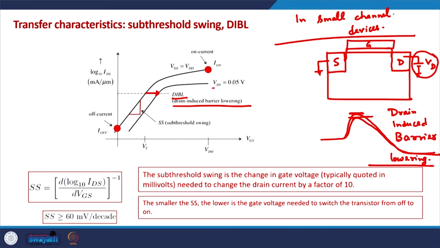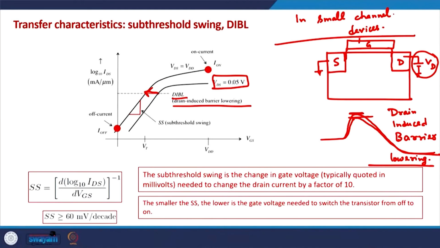So, if the drain voltage is less, it is on the right side. If the drain voltage is applied, it reduces the threshold voltage. It means that for high drain voltages, the characteristics is on the left side. For low drain voltages, the characteristics is on the right side in this plot, because the drain is now helping the gate to create a channel. Generally,